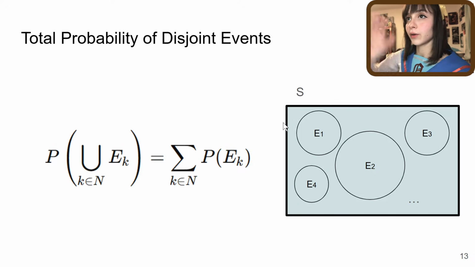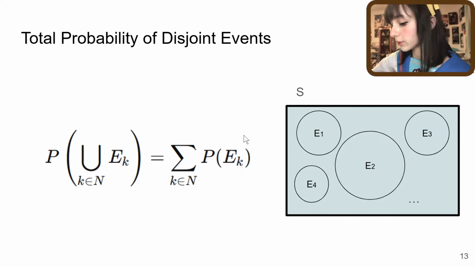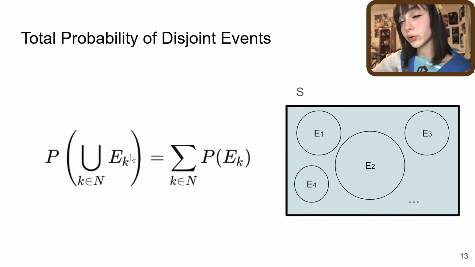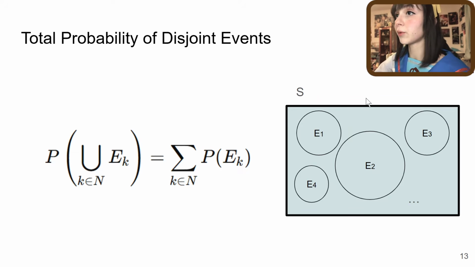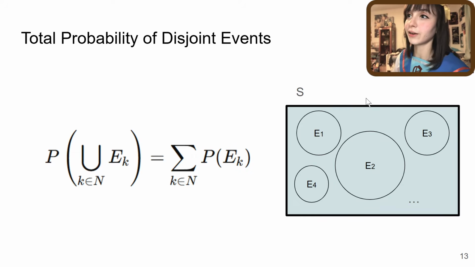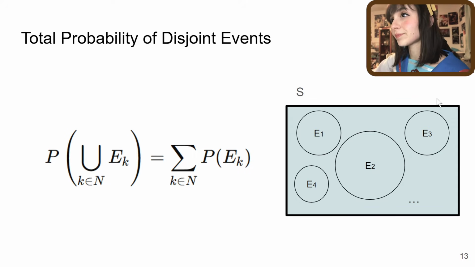So we have our probability of disjoint events. Just to reiterate, for disjoint events, meaning events that don't share any subsets with other events, we can just sum all the probabilities individually to get the total probability of all of my events. And when we factor in all of the events, this should add up to 100%, because that would be the probability that I get an event from the set of all possible events.